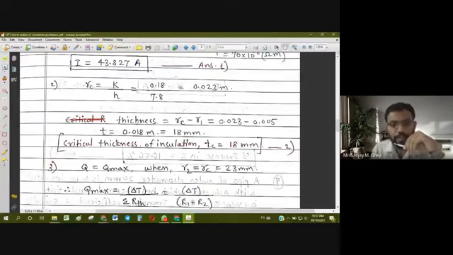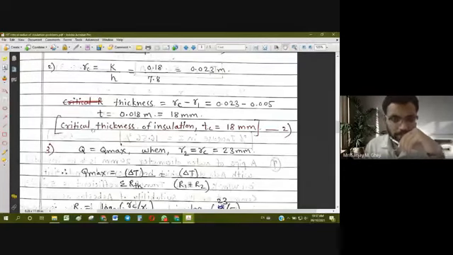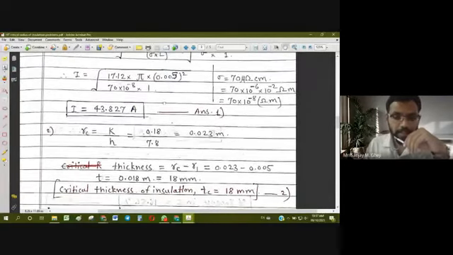Critical thickness is equal to RC minus R1, that is, the critical radius minus the radius of the bare conductor or bare wire. So RC minus R1 equals 0.023 minus 0.005, the radius of the bare wire. The thickness comes out as 0.018 meter, that is 18 millimeter. So the critical thickness of insulation should be 18 millimeter, as against the insulation provided in the existing state, which is 2